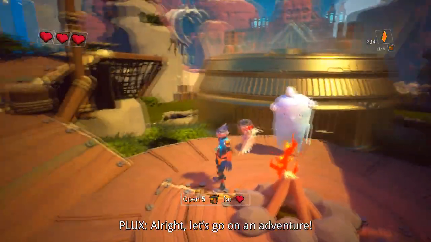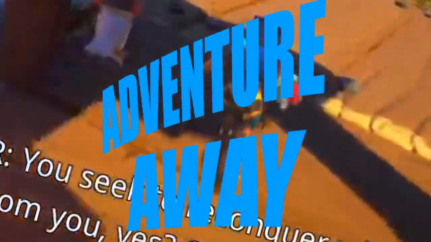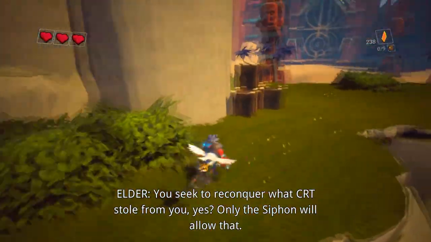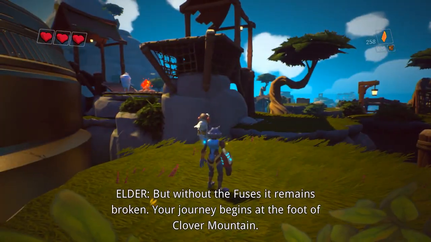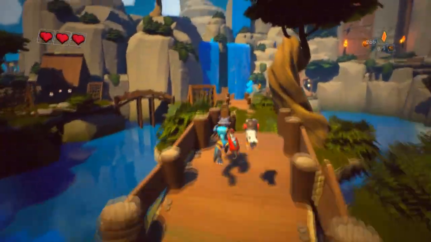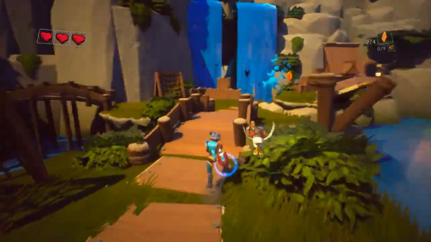Oh. Let's go on an adventure. Yeah, adventure! Adventure away! Only the Siphon will allow that. Oh, you're still talking? Your journey begins at the foot of Clover Mountain. Okay, I was heading there already, because you told me to, like earlier. So I don't know why you were still...